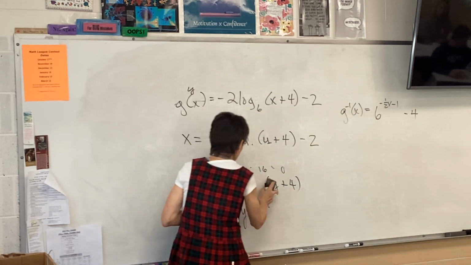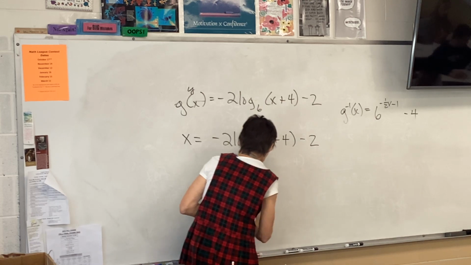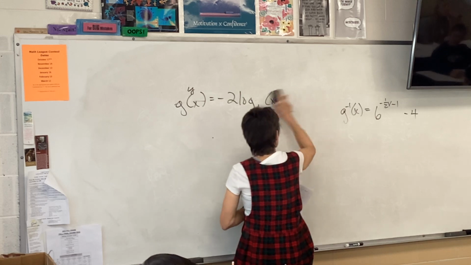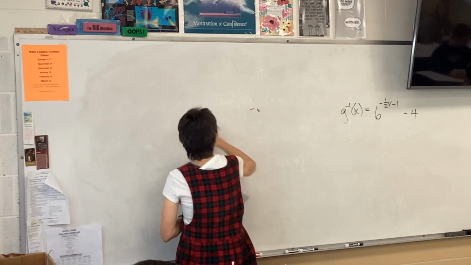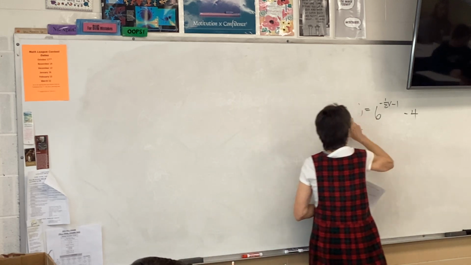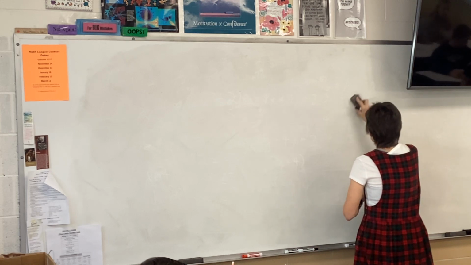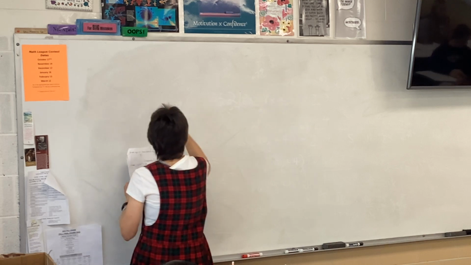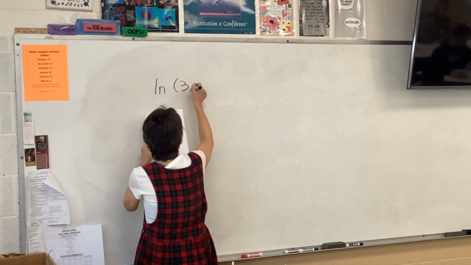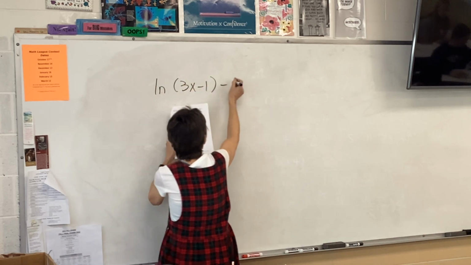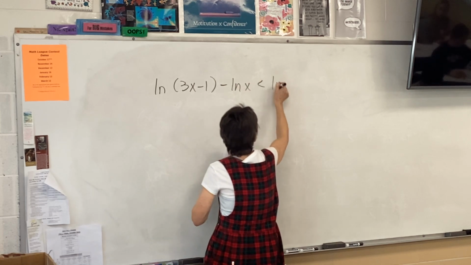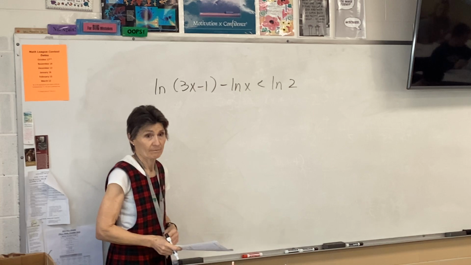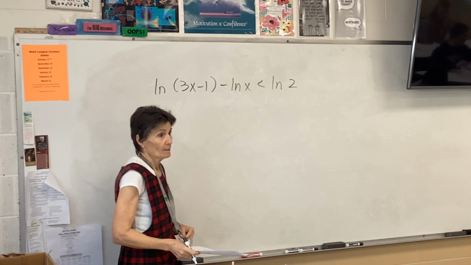So again, this happens to be a logarithmic inequality, but we need to solve all kinds of inequalities. And in this course, a point of emphasis is on sign charts. So I know at some point, I'm going to be drawing a number line and determining where things are positive and negative, right? Now,